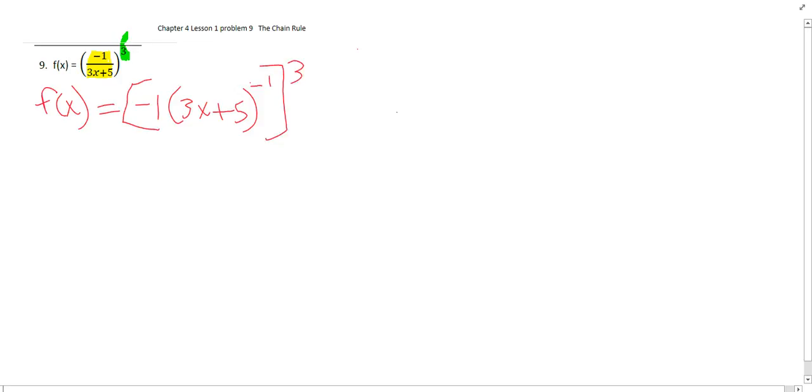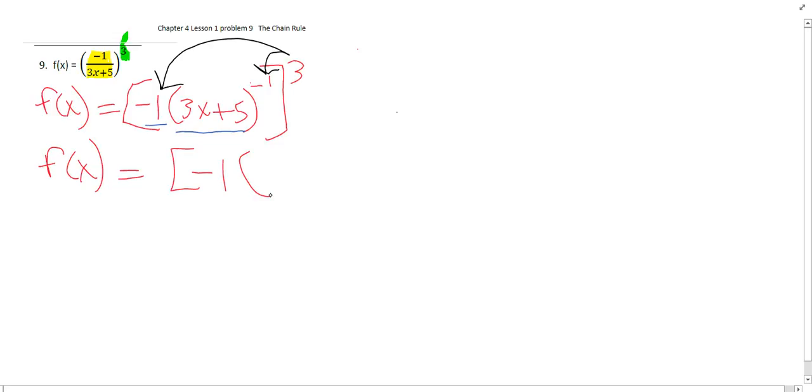So let's notice that we have 3x plus 5 being multiplied to negative 1, right? And this 3x plus 5 is being taken to the negative 1 power, but outside of that is to the third power. So if we review our exponents a little bit, we have to distribute this exponent to both of these terms here, okay? So negative 1 raised to the third power is still a negative 1, right? So that becomes a negative 1